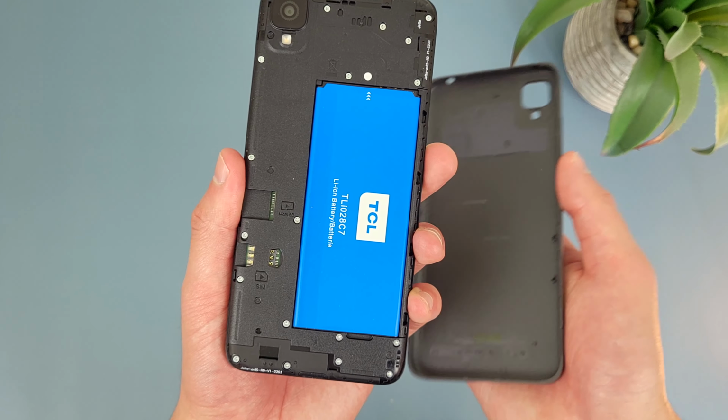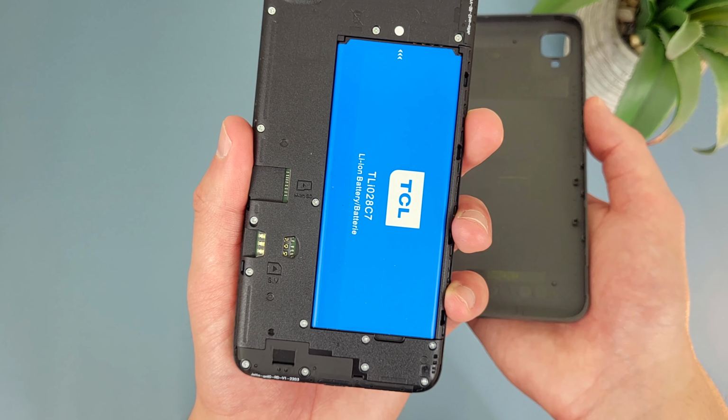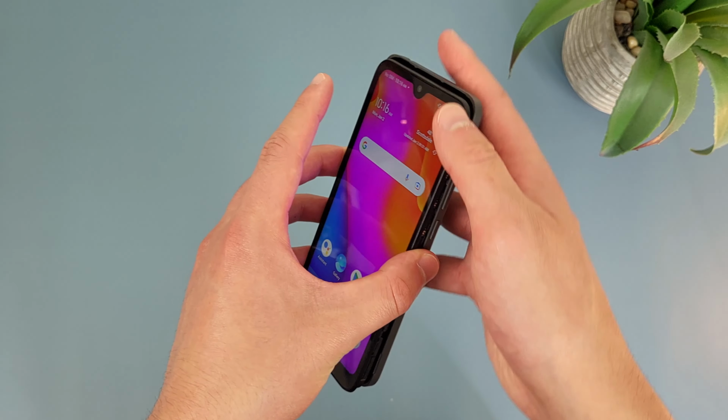And the benefit of it is that if you're in a situation where you know you're not going to be able to charge your phone, you can always get a second battery. So when this one dies, you can simply just replace it and then you won't even need to charge it. So that's definitely a cool feature you get with a removable battery that you of course don't get when the